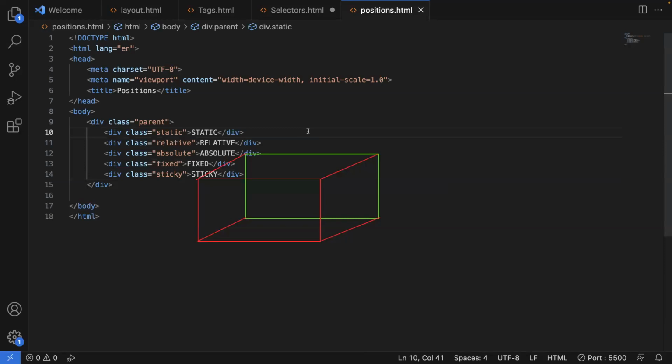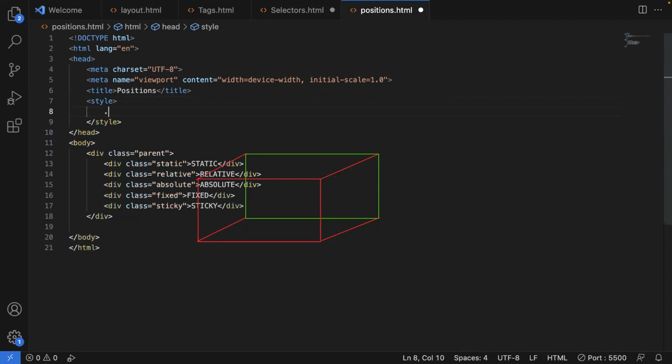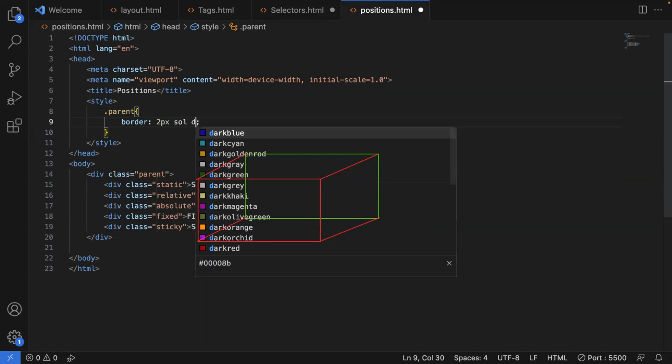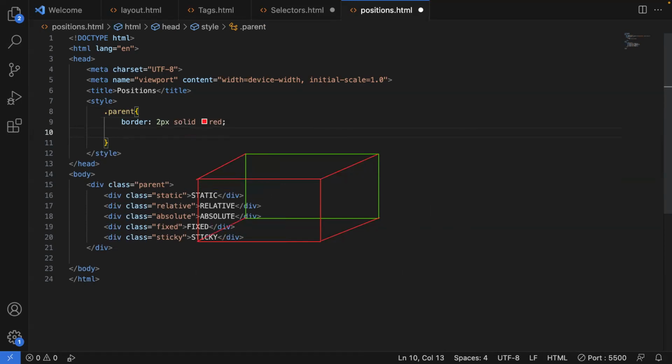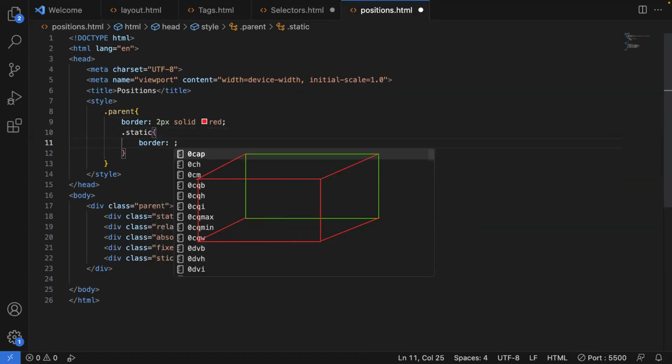Okay. I have 5 different elements now. So let us write it in CSS. The first one is parent, right? So border of solid red. So, border of